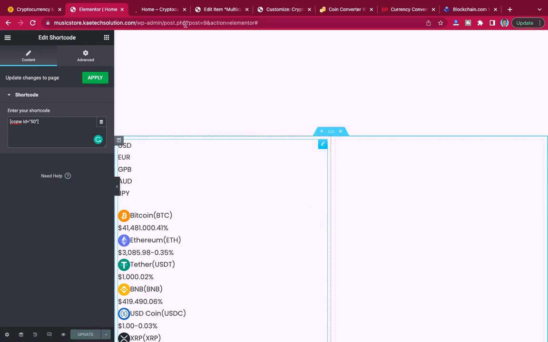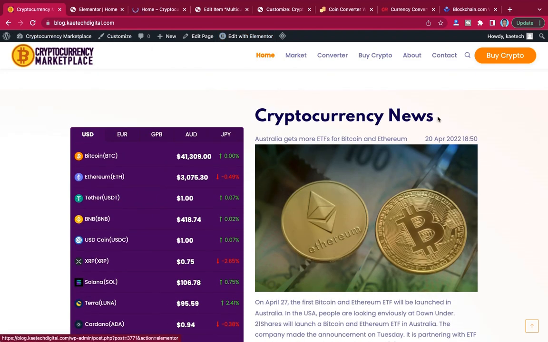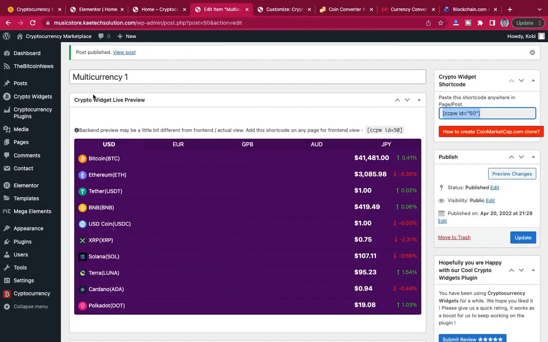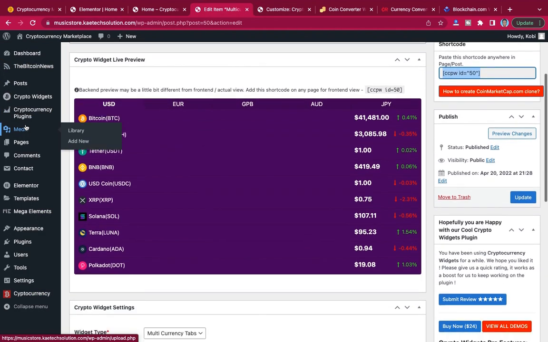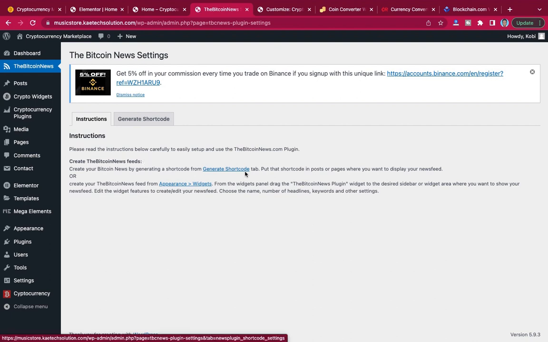So the next one that we have is this cryptocurrency news, okay. With this one, we are going to create this cryptocurrency news. So we also use the news over here, okay. So the Bitcoin news, this one, the one that we installed. So you can just click on it, and then we will generate the Bitcoin news, okay. So click on generate shortcode,